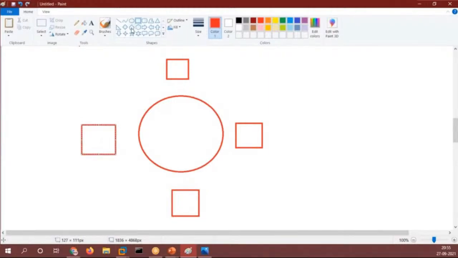So if I have connected these devices to a ring, they are connected to each other adjacently, right? Now what we have is PC1, PC2, PC3, and PC4, right?